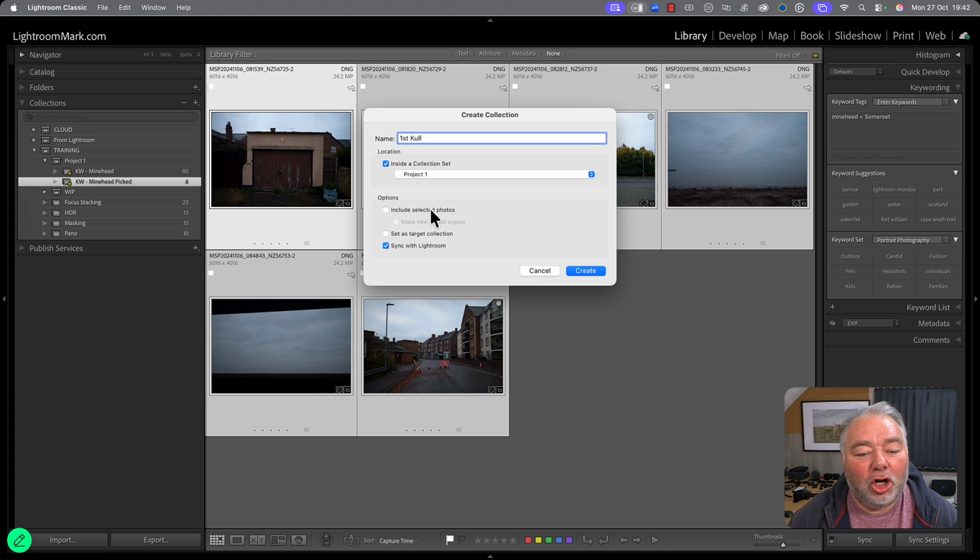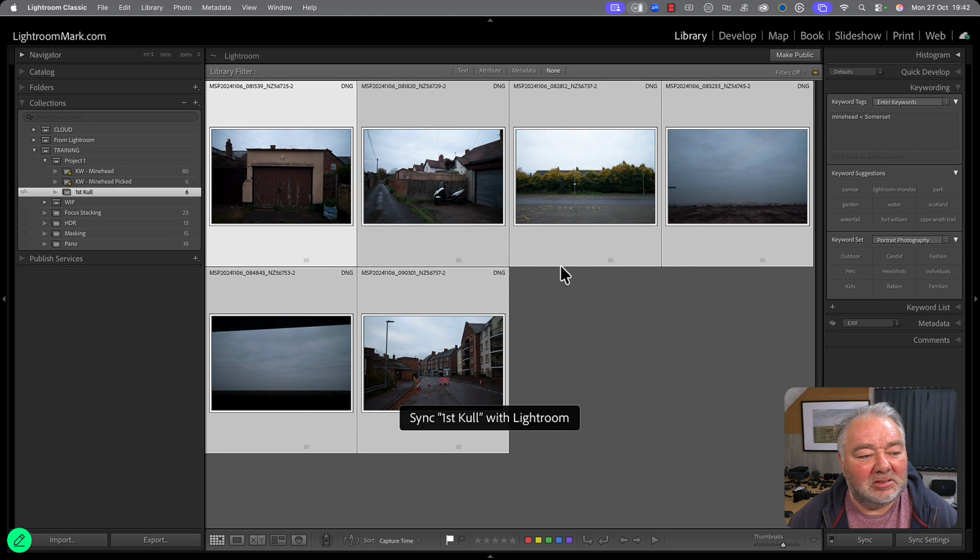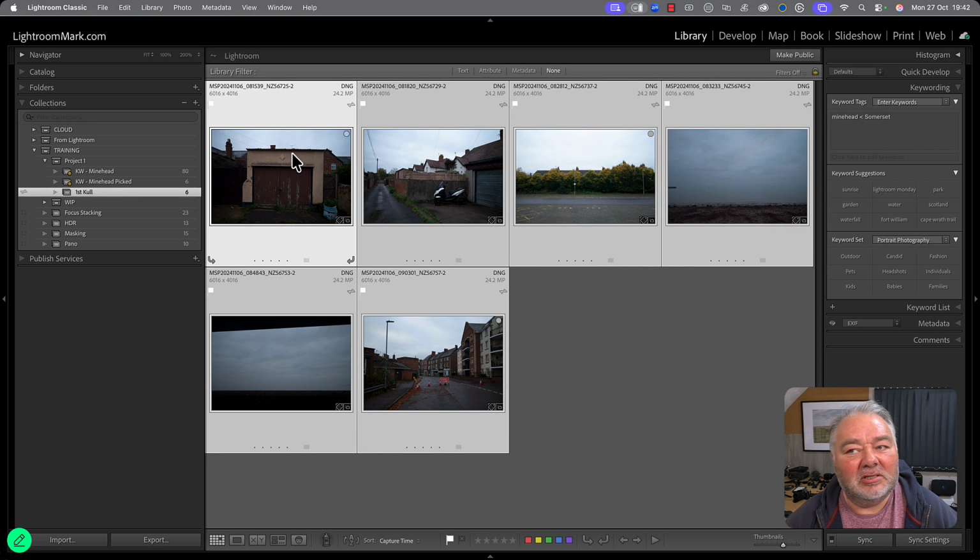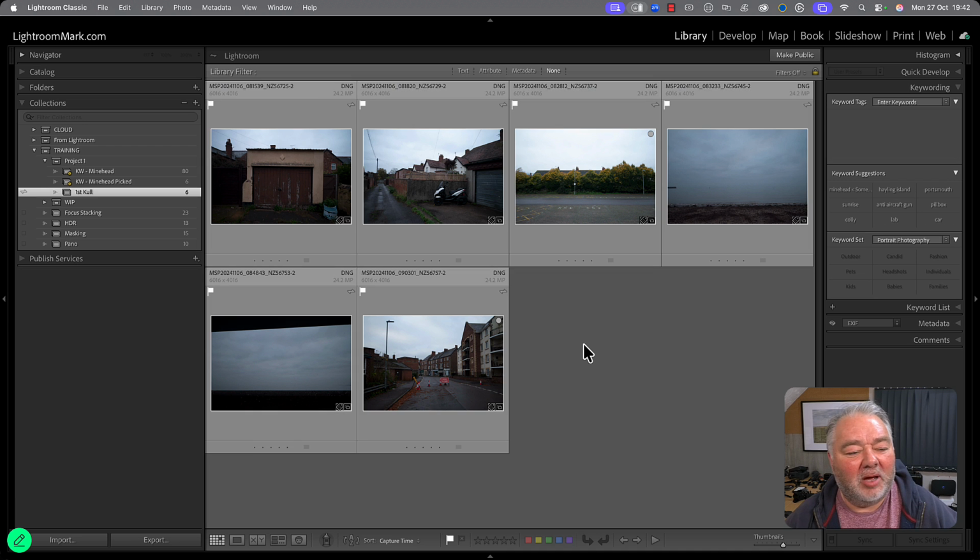Include the images that I've just highlighted, sync with the cloud, and those are now going to the cloud, to my mobile phone. So this is my step-by-step, and I might have 8 or 9 different smart